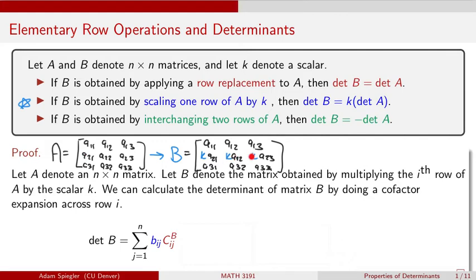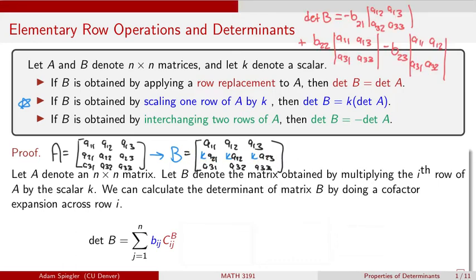So we're going to go across the row that we just multiplied by this scalar. So if I do a cofactor expansion across this ith row, so for example, in this 3 by 3 case that we have here, if I did the cofactor expansion along the second row, which is the row we multiplied by k, then I would get a minus B21, right? Because the sum of the 2 and the 1 is 3, which is odd. So we put a negative sign in front of that, and then we're going to multiply